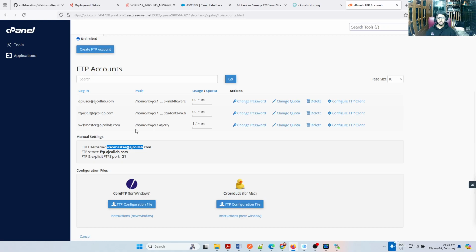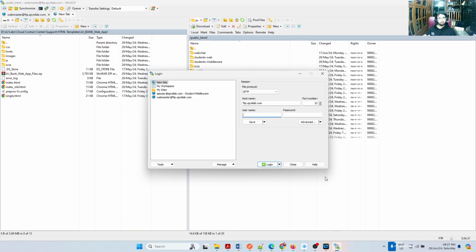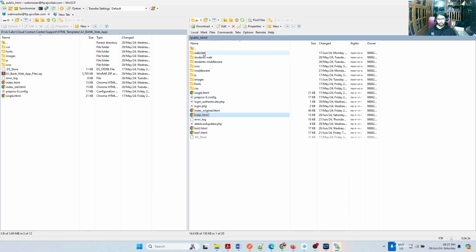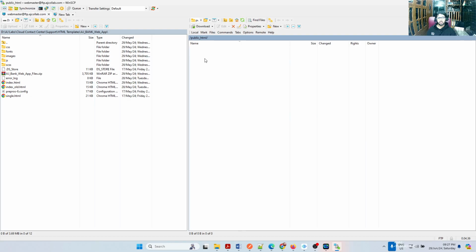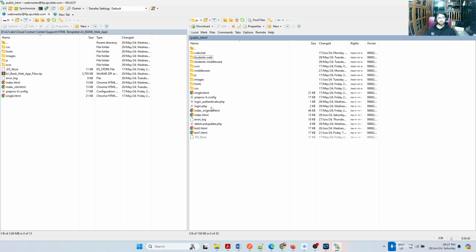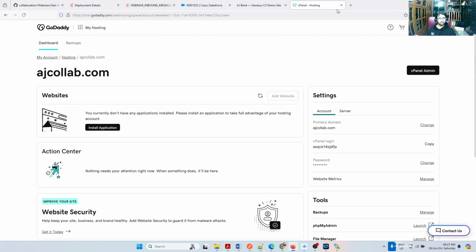So this particular user has access to all my, means the home location is this. This is the root location of my hosting. So when he logs in, he will see all the website contents. I also created another temp user for students. When they log in, they will be logging into this particular folder, like students middleware, students web. So they actually go here. So like that, I can control which folder you land in. Since I'm a root user, I'll be landing on the primary root location where I can see my HTML file. If I replace the HTML file with some XYZ HTML, that will be displayed when you browse it. Make sense? Okay. So that's all about the web hosting technology, by the way.